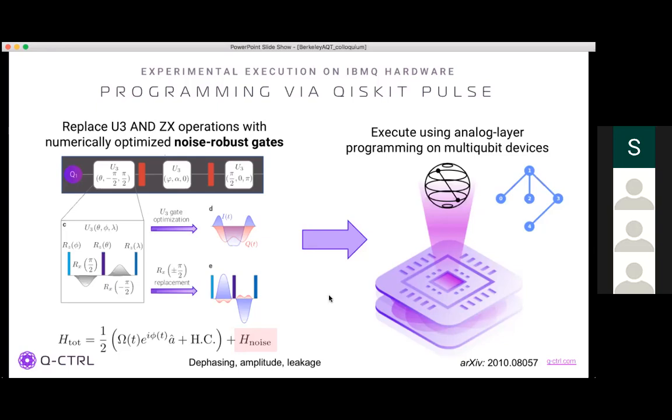Okay, so remember, we're going to be defining these new gates. We're going to execute them in Qiskit Pulse. There are different ways you can do this. What I'll show you today is going to be focused on something called the U3 decomposition for single qubit gates,